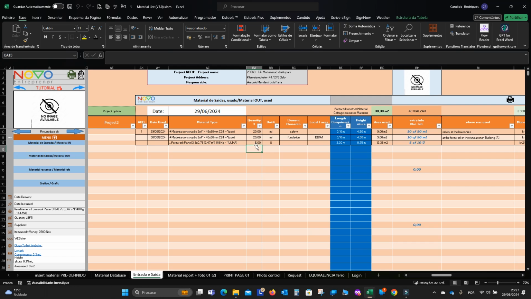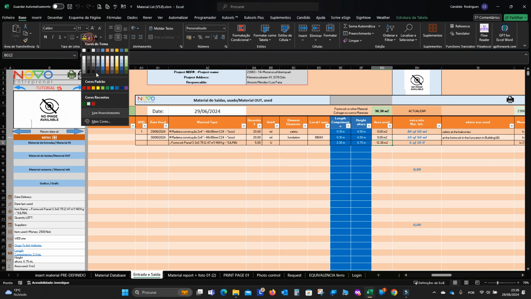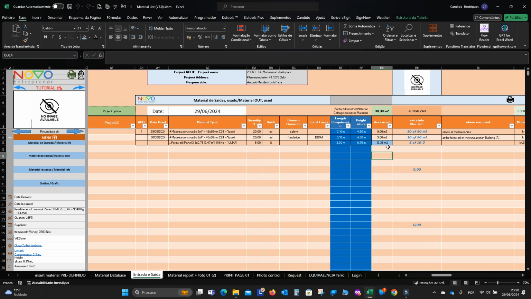Here I have 5 units, and these 5 units have 3 meters 30 by 67 centimeters, so 0.75 meters. And here we have the total, and that's important. I'm going to paint it in another color here. It is important information, because if I put more,